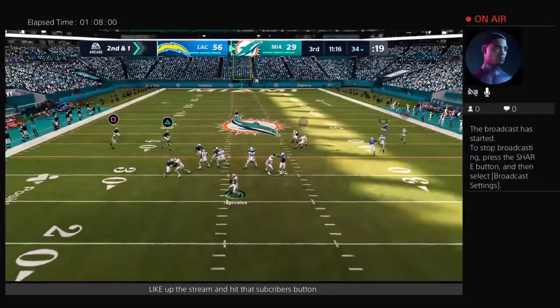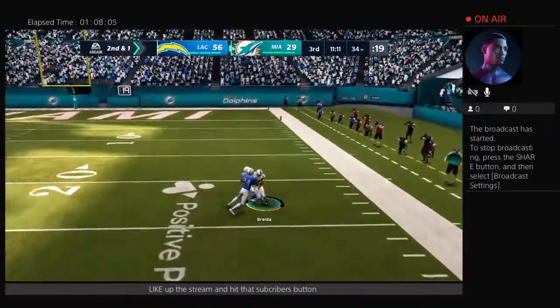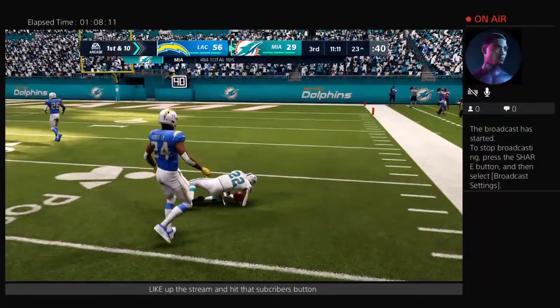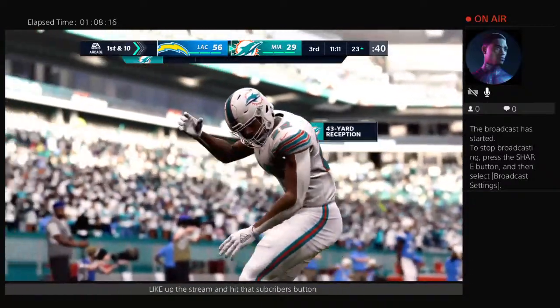Maybe a good spot to take a shot. Here's 2nd and a yard from the 34. He'll rifle this one. It's caught inside the 25. And he finally goes down at the 23-yard line. Miami Dolphins. First and 10 at the...